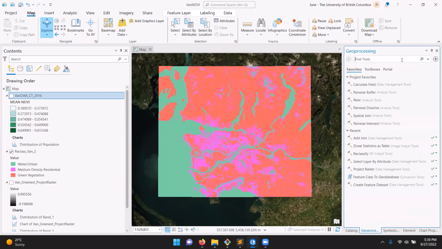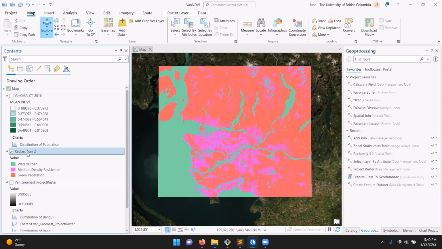So this next approach that I'm going to show you is a bit more complicated. There's a few more steps involved, but it can also give you a bit more information in some ways and can just allow you to take a different, perhaps slightly more nuanced approach. So what we're going to do is first, we're going to convert this classified layer into a vector data set,